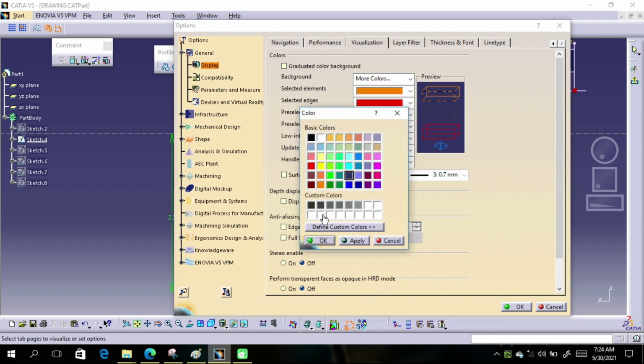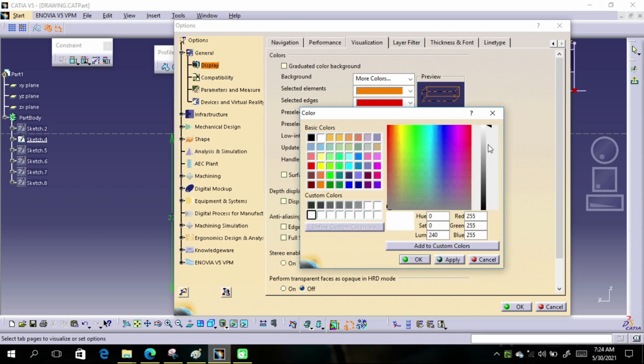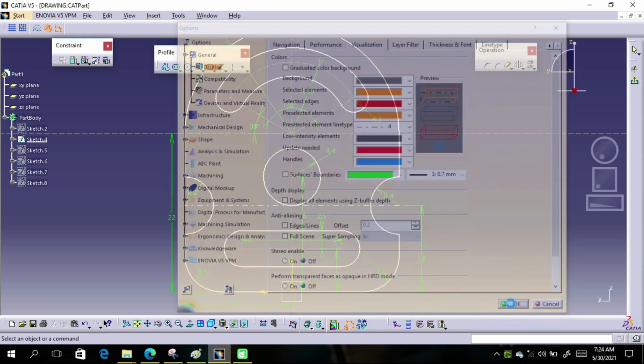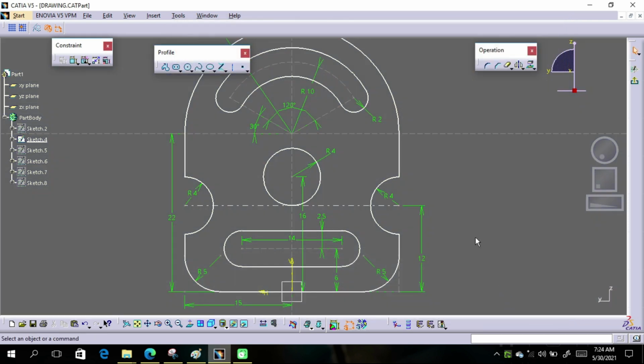Click on more colors, click on this button and click on the define button and place the value 98 here and 99, 99, 99 and click on the button add to custom colors. So this color will be added to your custom colors, then apply this color as background and click OK and close to get a nice background color.